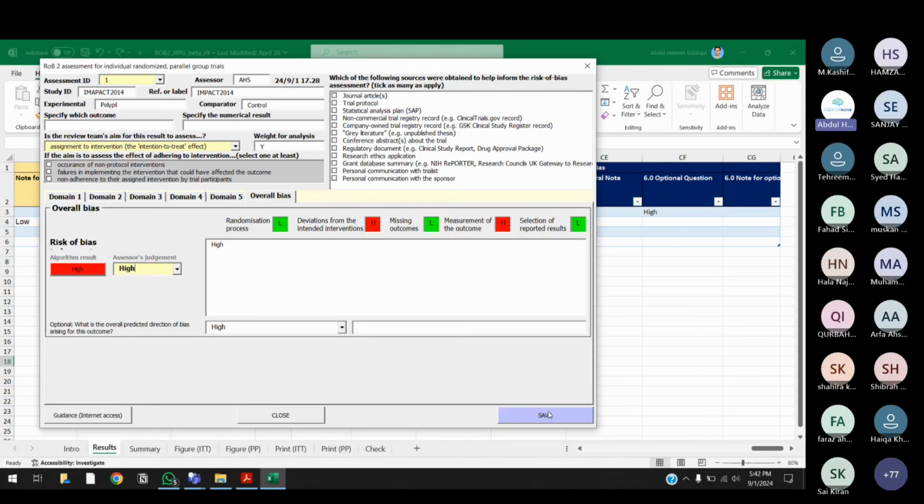Okay? Alright. After saving, once you save, when I click on the save button, अब मेरा डेटा सेव हो गया है. Now I can change the assessment ID, जो कि unique ID थी at the top, जो इसका 1 है. Now I can change it to any other number, which will now represent another randomized control trial and another article. तो मैं आपको बता रहा था कि एक वक्त में एक आर्टिकल की assessment करनी है और उसको एक unique ID से represent करना है. So now I am going to give a second ID and it is going to change all of it for me. Okay, can you guys see that I changed the assessment ID to 2 और study ID बदल गई थोड़ी सी. Can you guys see that?